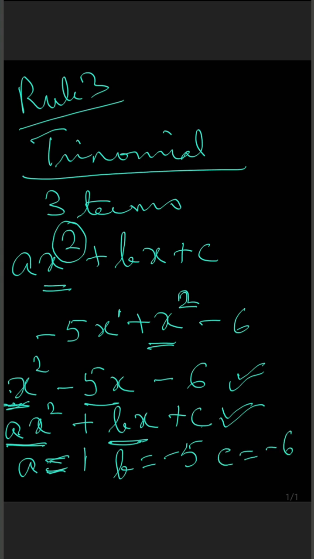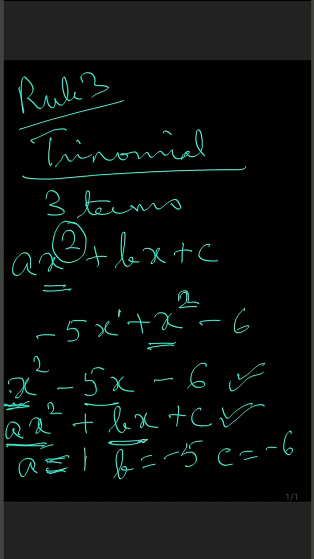So first of all, in the given equation, we have to convert the equation in the form of ax square plus bx plus c, and then we have to compare the coefficients of the given unknown variable. So here x square is an unknown variable and the coefficient of x square is a, and in the given question the coefficient of x square is 1. So this a would be equal to 1.